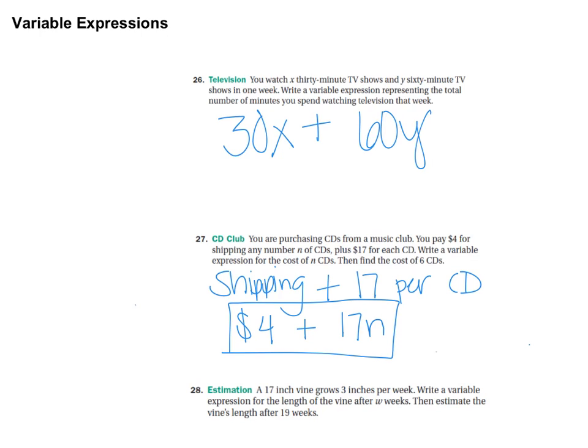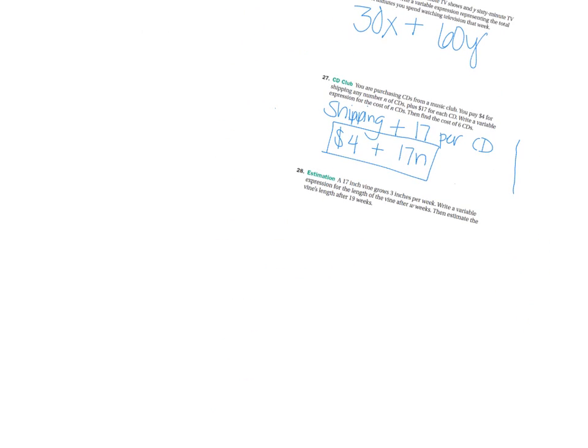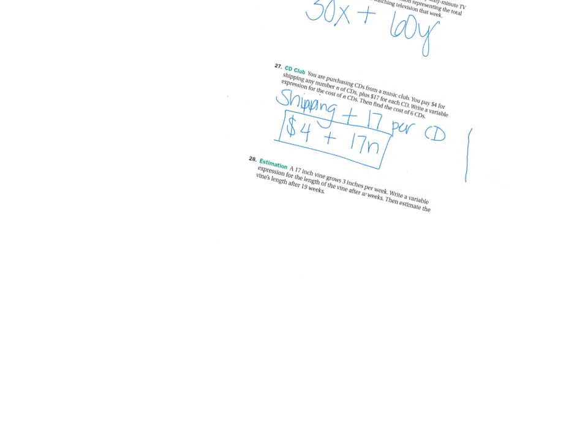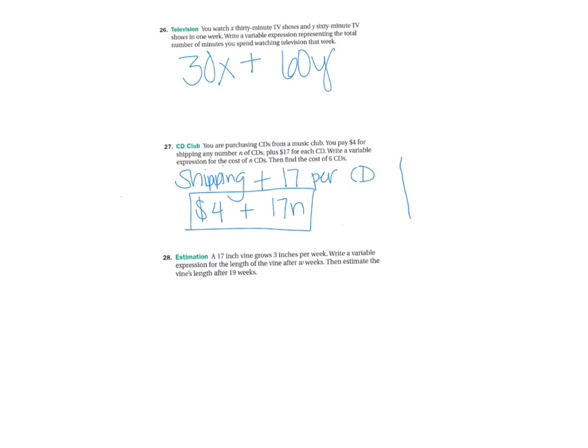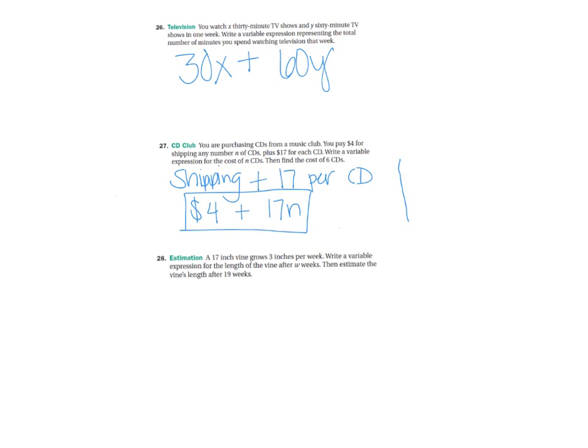Let's take a look at number 28, our last example. Let's see, I've got our page all crooked. Let's see if I can fix that. Okay, number 28, it says a 17-inch vine grows 3 inches per week. Write a variable expression to show the length of the vine after W weeks. A 17-inch vine grows 3 inches per week. So the vine is 17 inches tall now,